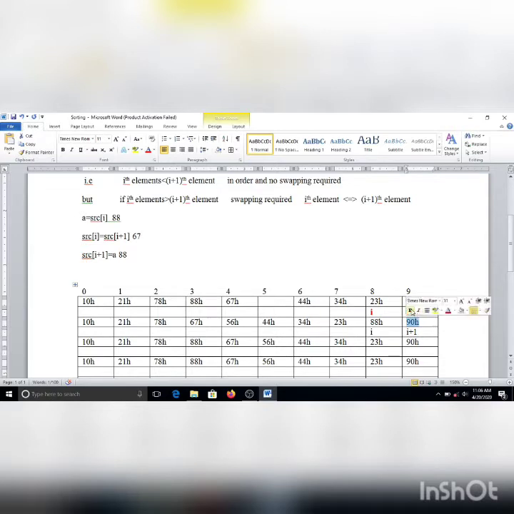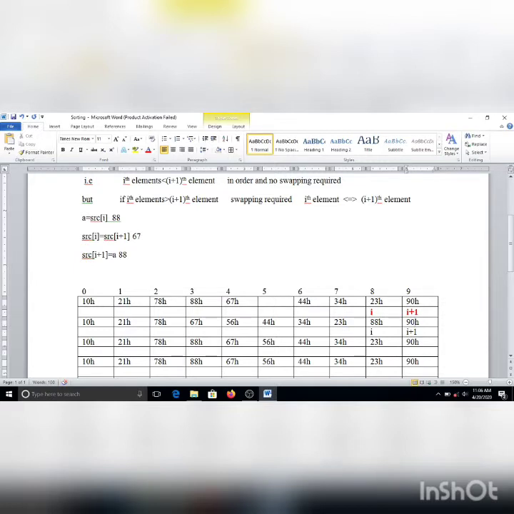Even if instead of 90 this had been 81, the swapping between 88 and 81 would have taken place and 88 would have been the last element. But right now let us keep the same source elements, 90H is the last element, so no swapping will be required and it is placed at its own position.